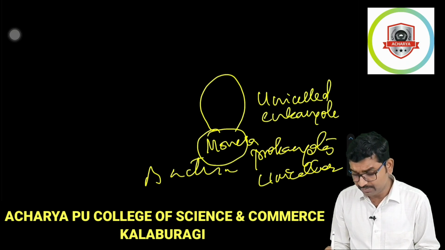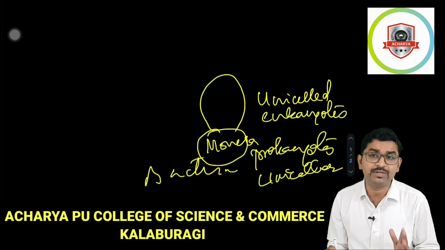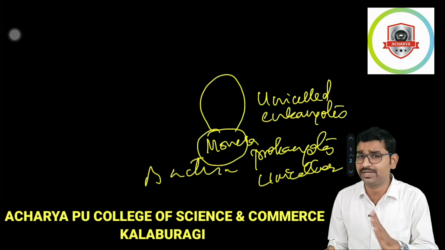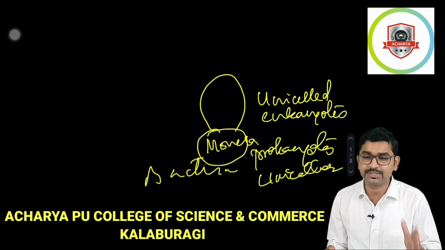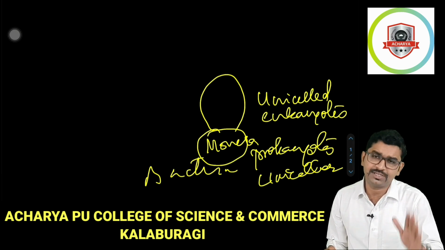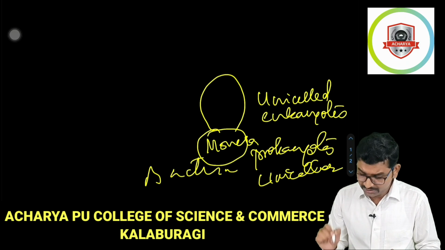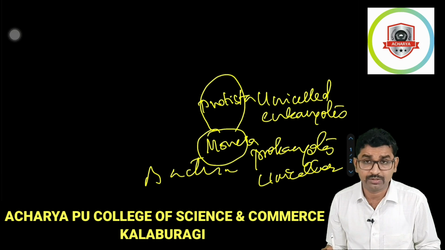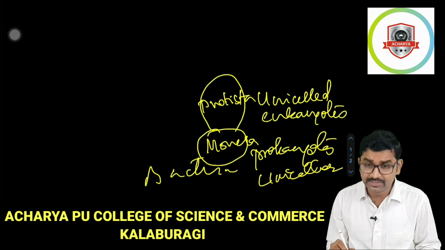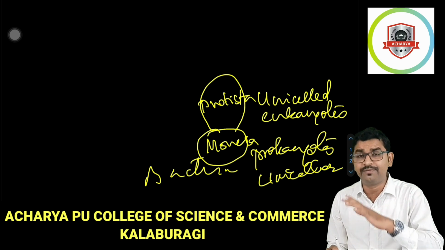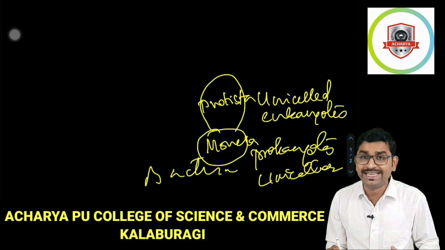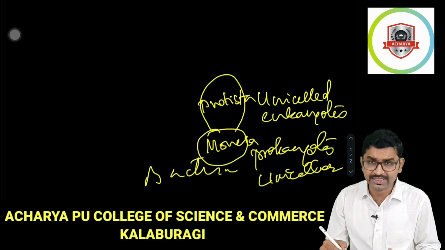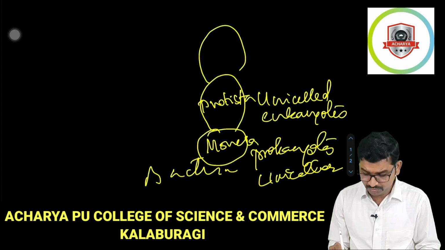eukaryotes. I hope you are remembering the definitions of prokaryotes and eukaryotes. Don't forget it. It is very important. Unless you understand these particular terms, it will be difficult to understand the chapter. Alright. So unicellular eukaryotes are called Protista. Then these protists gave rise to different kingdoms in future, as they shared common characteristics. Through this, evolution happened and